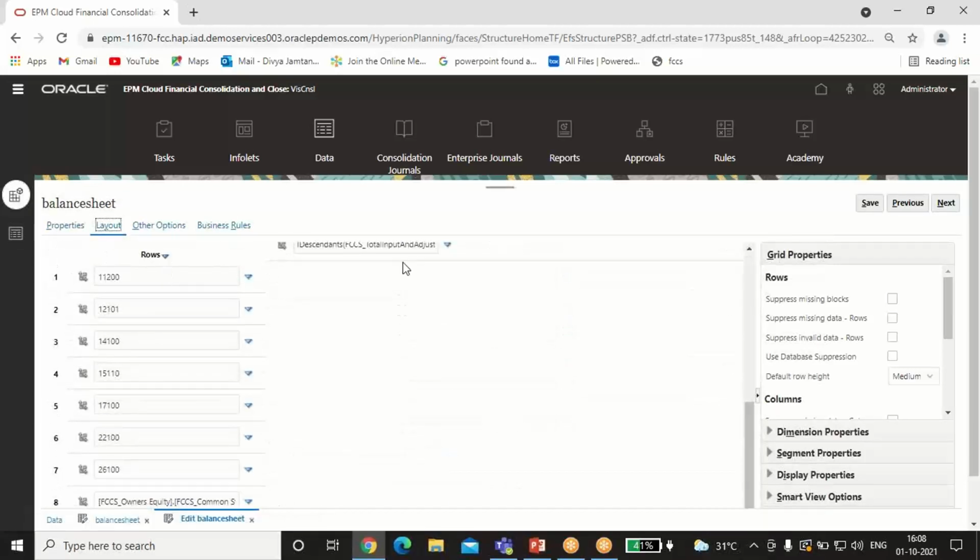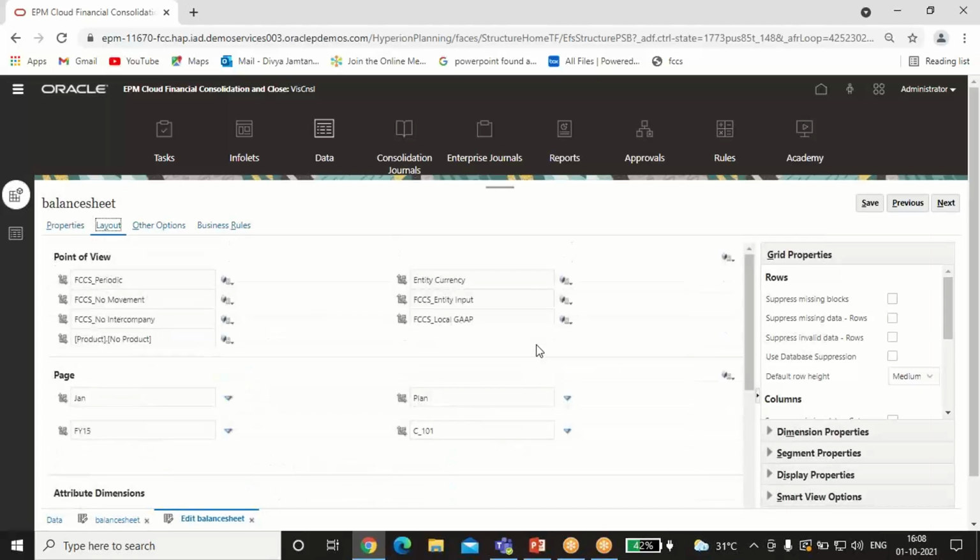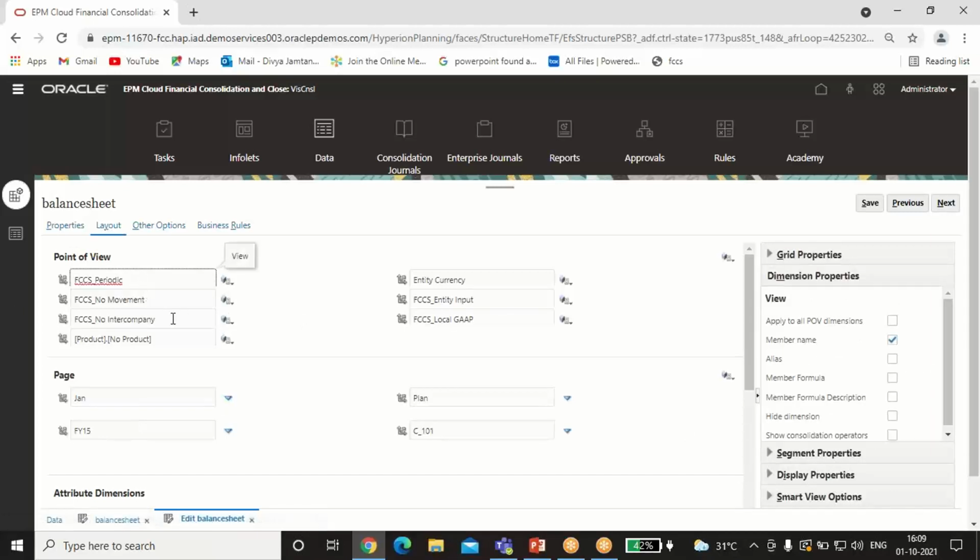I have kept account in my row side, and in column I have defined the data source, that is two heads. I want that data input, means the amount which I'll input manually, and the other one is the journal input, means the amount which will come through passing journal entry. It will be reflected in journal input. Okay, and rest all POVs I have defined here, like view as periodic, movement as no movement, intercompany as no intercompany, product as no product, currency as entity currency, consolidation as entity input, and multi-GAAP as local GAAP. My period is Jan, my financial year is financial year 15, scenario I've taken as plan, and my entity C